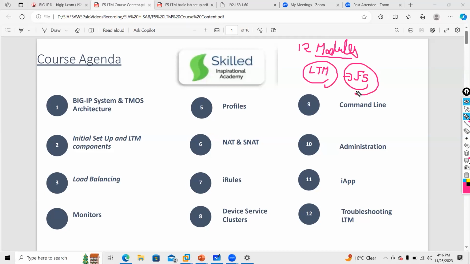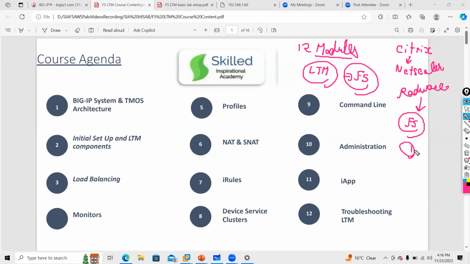I will tell you the background of how F5 started its marketing, how F5 came into product, and why it's more in demand than others. You might have heard about Citrix load balancer, about NetScaler, which is a part of Citrix, Redware. But most of the time, when I go to Naukri.com or search for any product, you will find F5 is in huge demand.